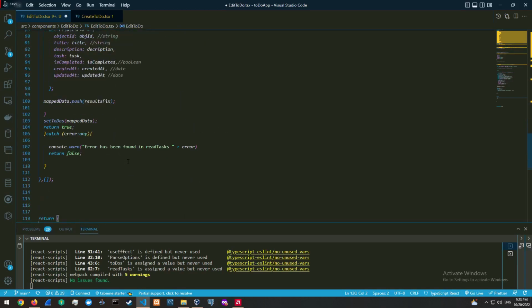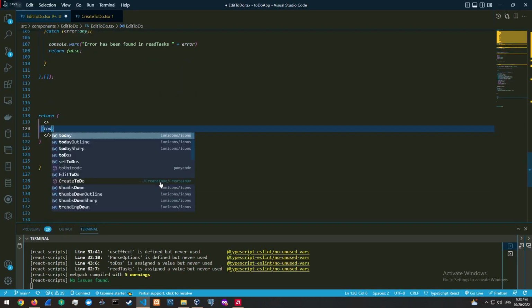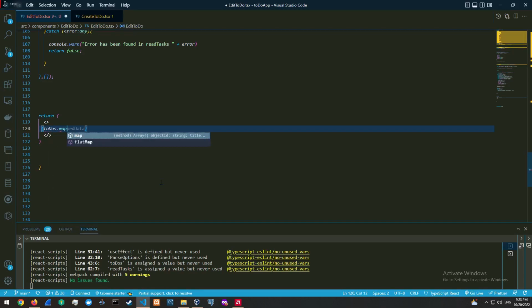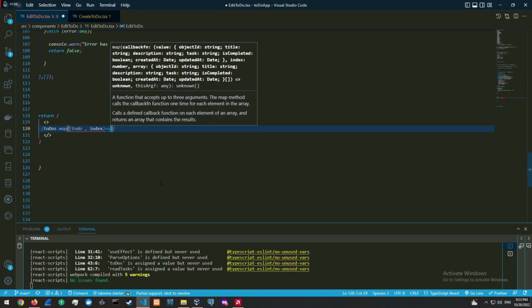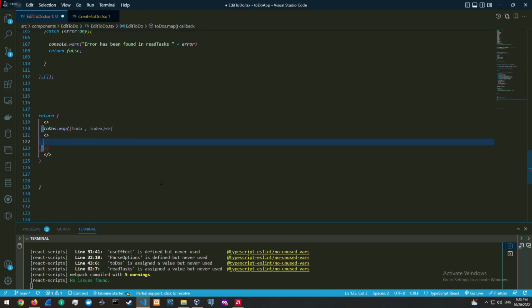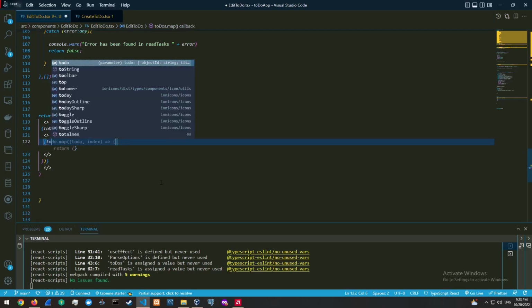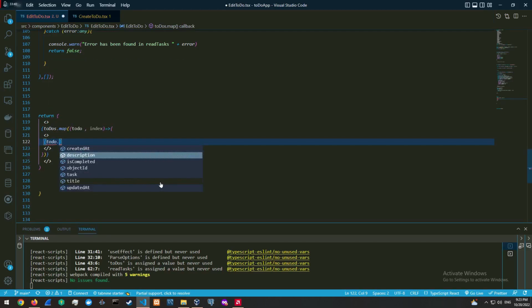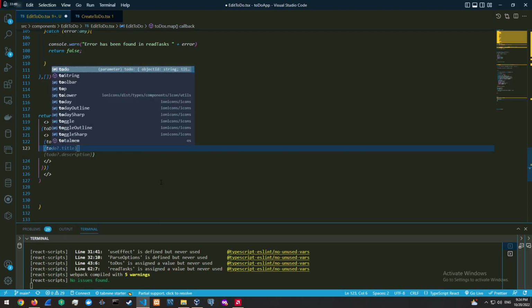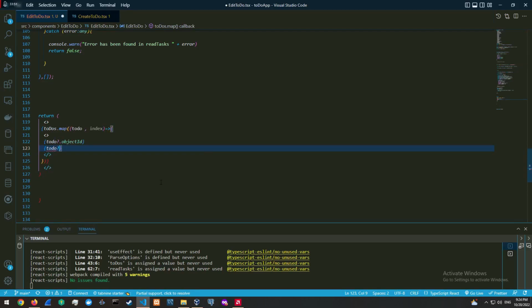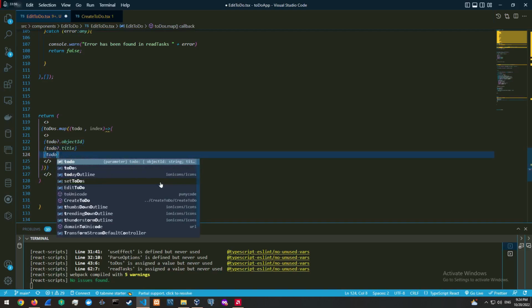So let's go into the to-dos and map those to-dos, and then the index. Let's just test that out, all right? We don't really have to do the whole GUI, but we're just going to test that it works. So to-do dot object ID is the most important one. So to-do, and do you see these question marks I added? In case the object itself is undefined,